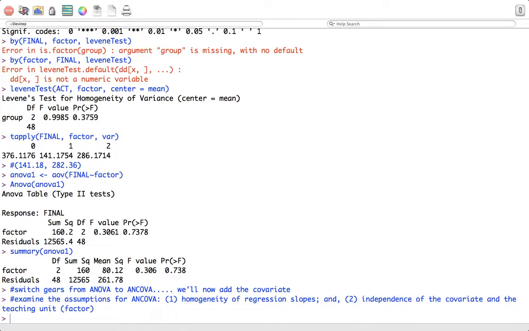Okay, so the very first thing I want to do, let's do number 2 first. So first, let's examine the independence of the covariate